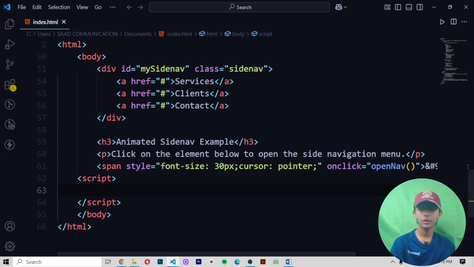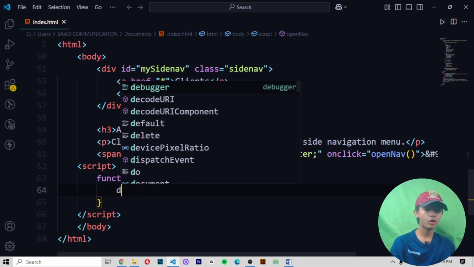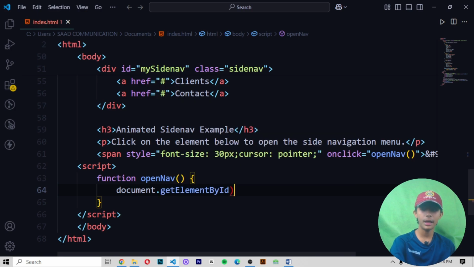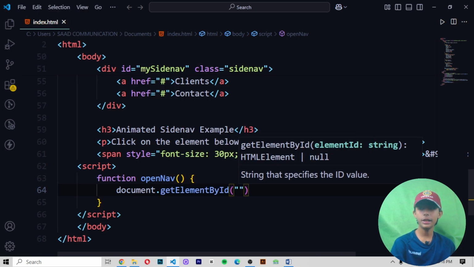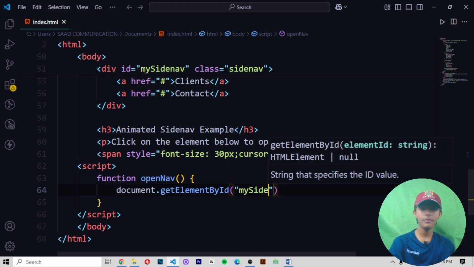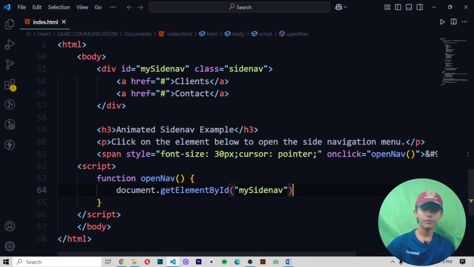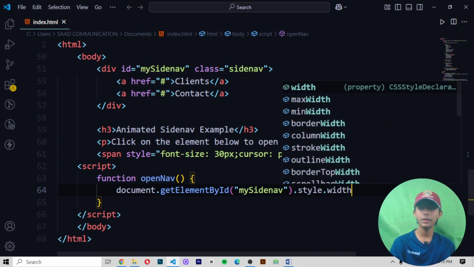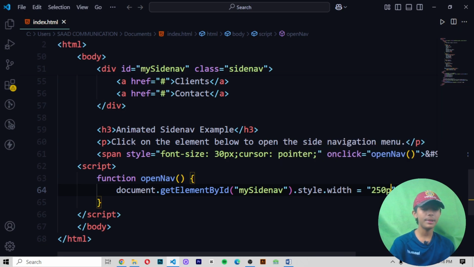Script. Function openNav, and then you write document.getElementById, in it we write mySidenav, then .style.width equals 250 pixels.